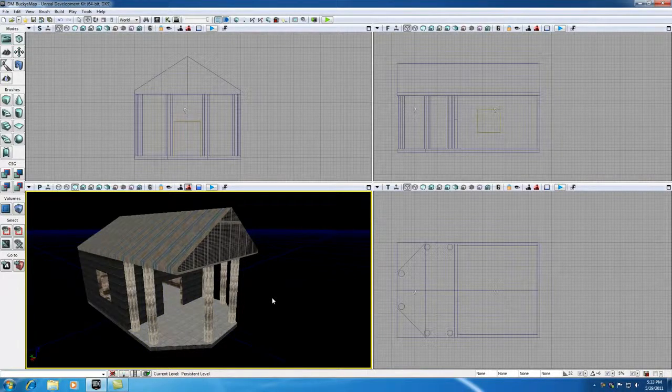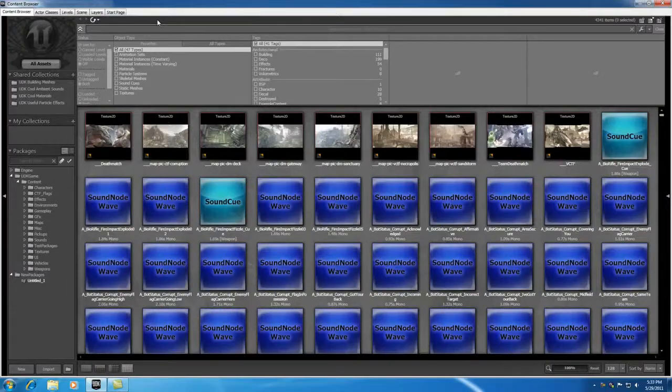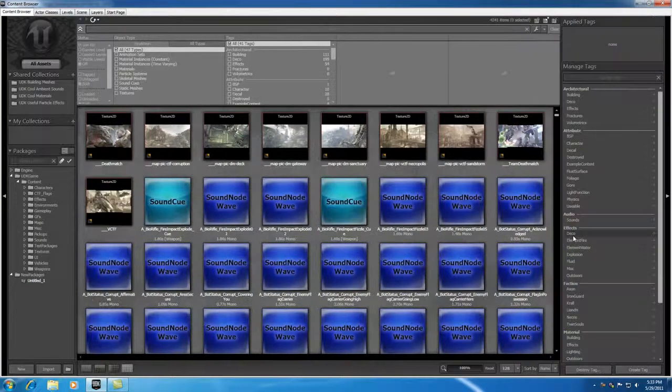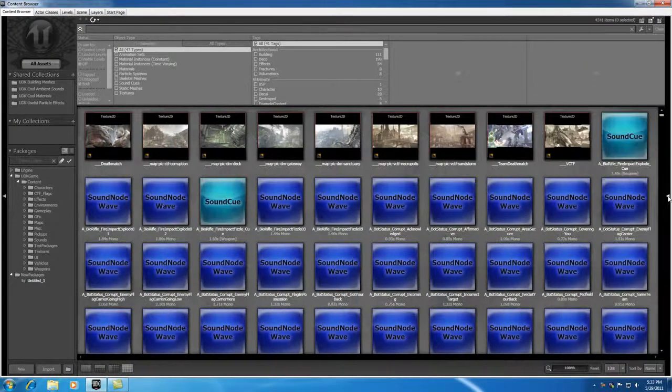But before we do that, we need to get a little more familiar with this thing called the content browser. So go ahead and open up your content browser and clear everything out by hitting All Assets, X, and Clear. Once you have everything cleared out, you're ready to learn what I need to teach you, and that's this section over here. I kind of browsed over it when I was talking about the interface, but now I want to tell you a little bit more about